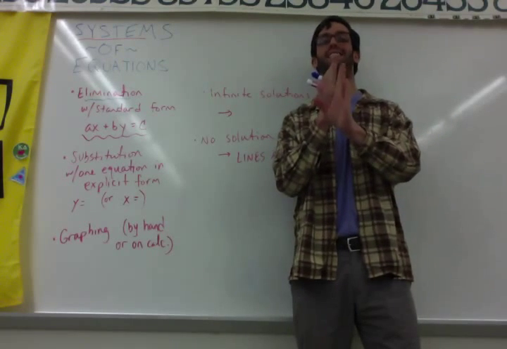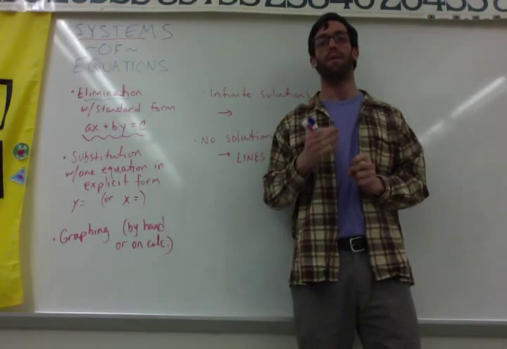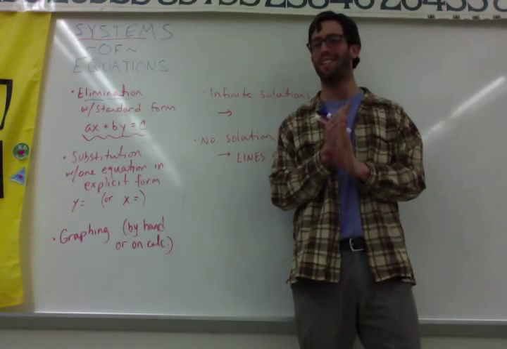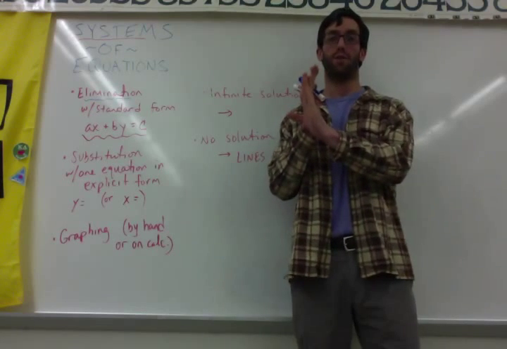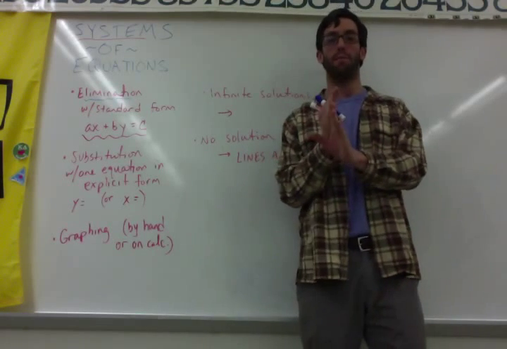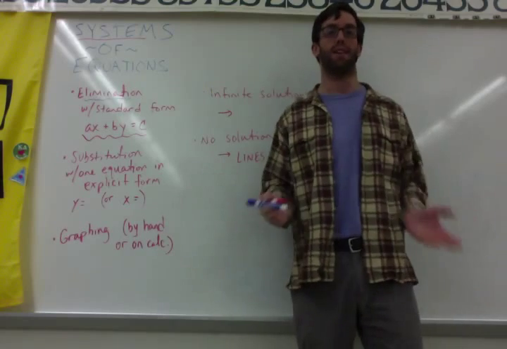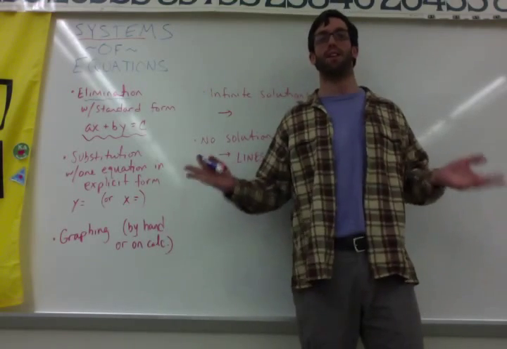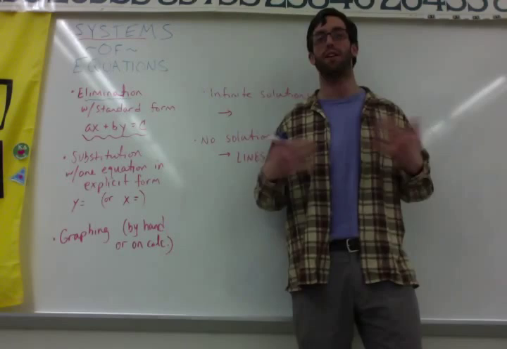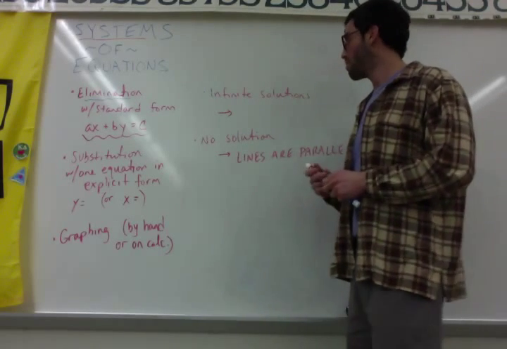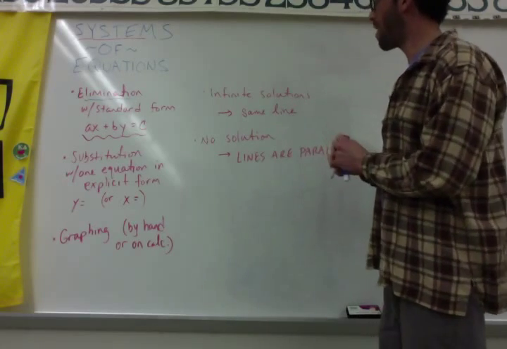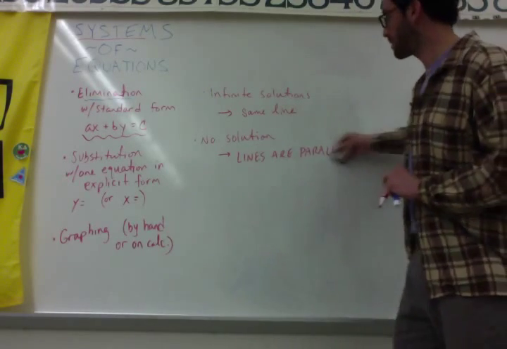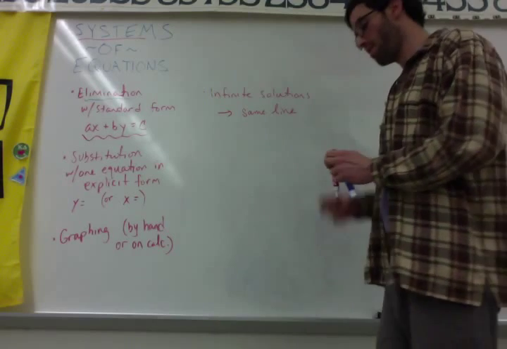Now, if they're the exact same line, it's kind of confusing. But if two equations represent the exact same line, that's only when you would have infinite solutions. If two lines are really on top of each other, that means that they are always intersecting. So every point on each line is a solution to the system, right? So this is if the lines themselves are the same line. Now, how could the same line have different equations? Well, let's just take